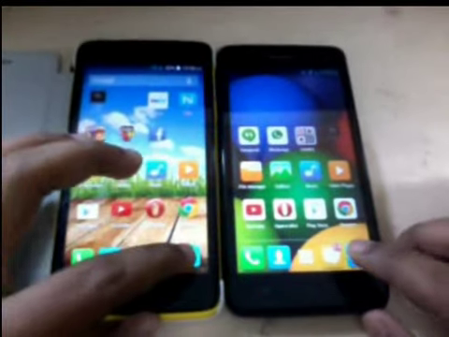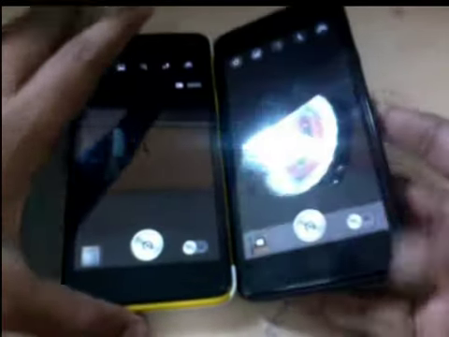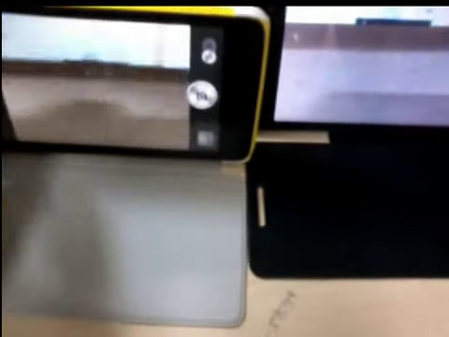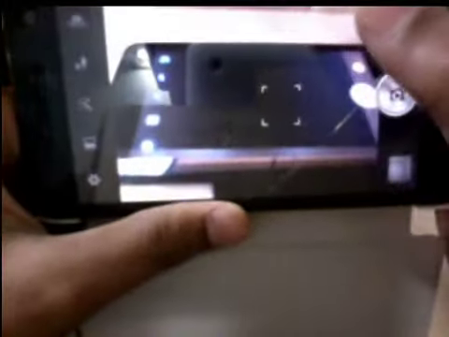Next we go to the camera. We have a slightly improved camera on the KitKat version. I'm not saying the camera on the Jellybean version is bad. It's slightly improved on the KitKat version. And one thing I noticed is that this KitKat version takes a bit of time to autofocus. See,